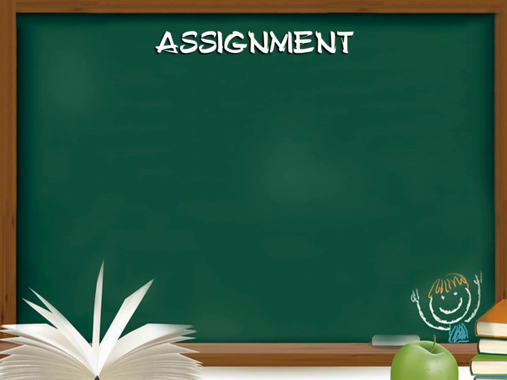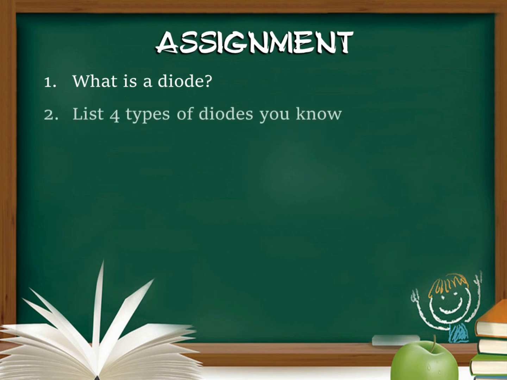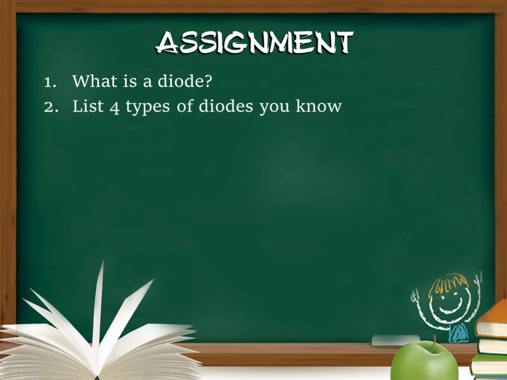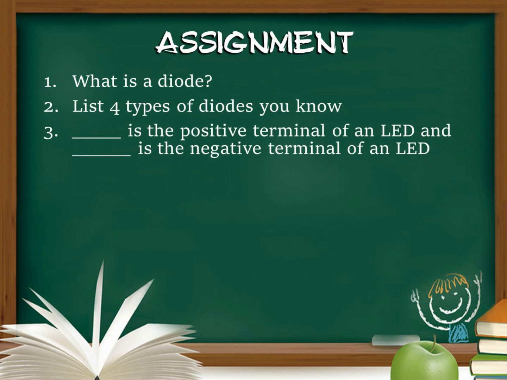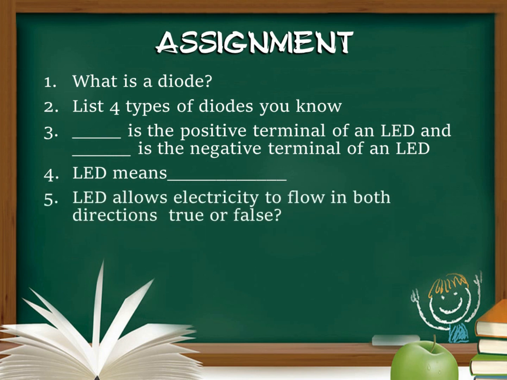And here is our assignment for today. What is a diode? List 4 types of diodes you know. Dash is the positive terminal of an LED, and dash is the negative terminal of an LED. LED means